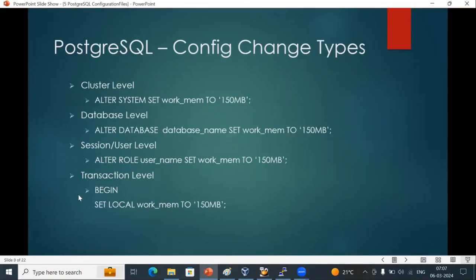Okay, so we can change the settings at the cluster level with ALTER SYSTEM SET, for example, work_mem to this value. We can also change parameters at the database level, at the user level, and at the session level. So there are different levels at which we can change a parameter, but it's not recommended to change at the database level, session level, and